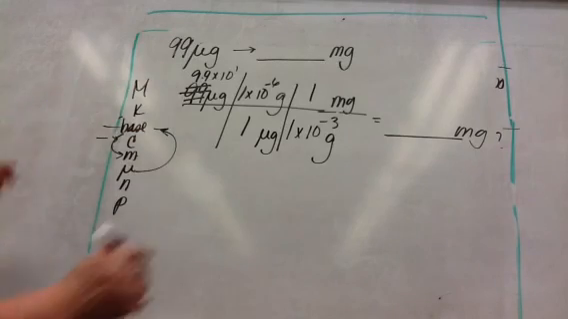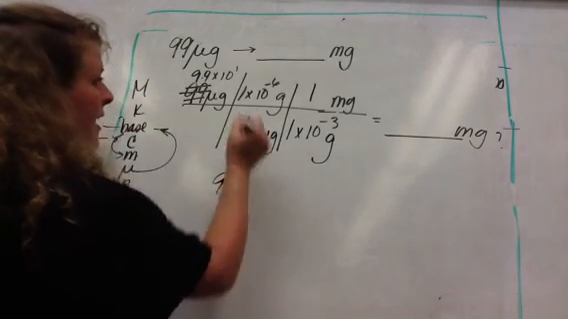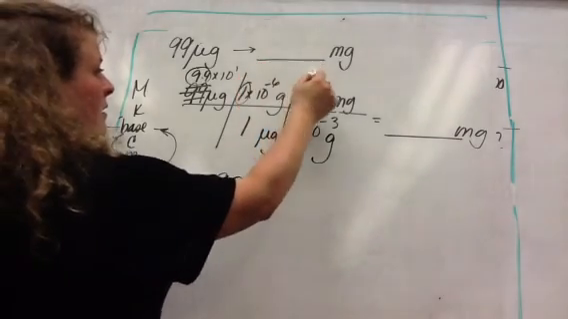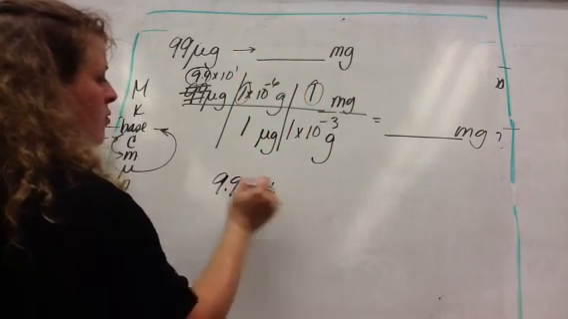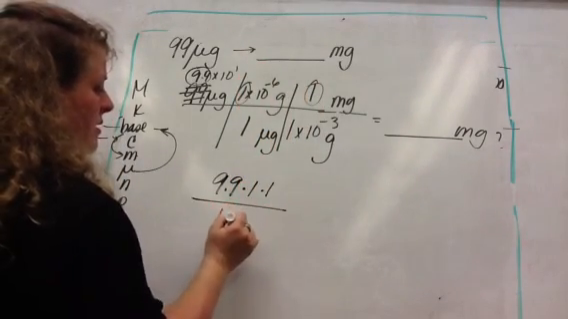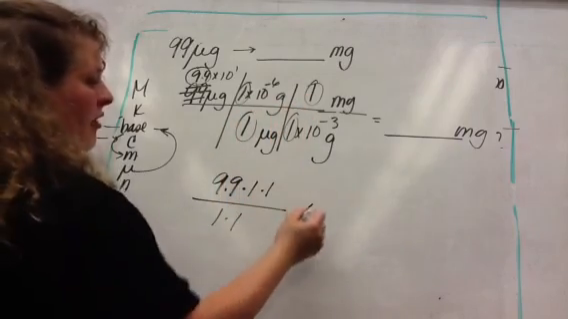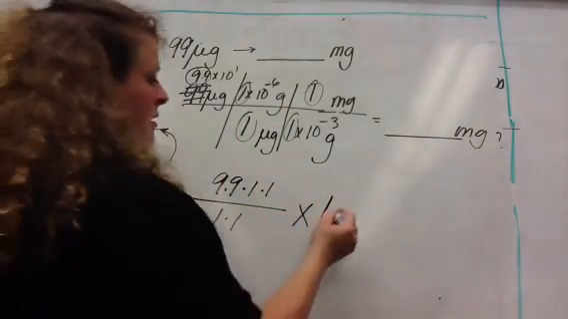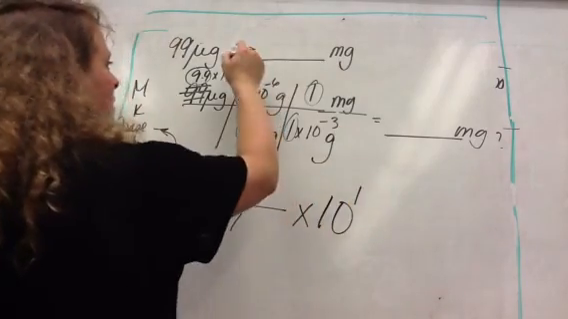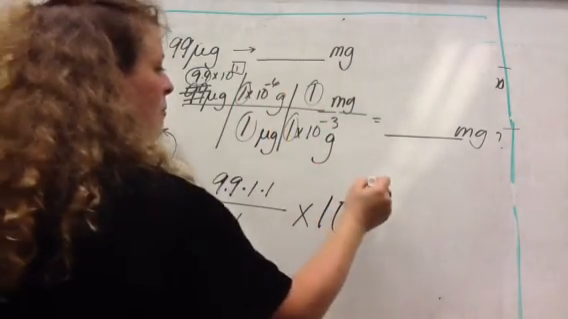So now that we converted this, this gives us 9.9 times 1 over 1 times 1, the whole mess, times 10 to the 1 plus negative